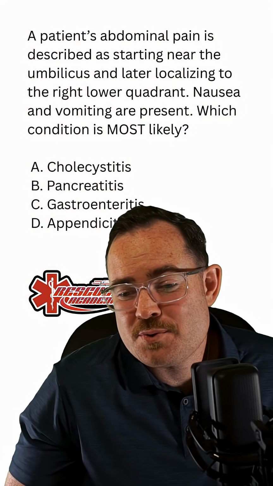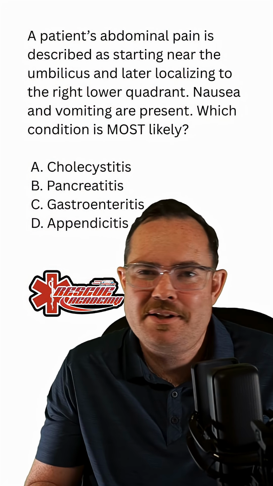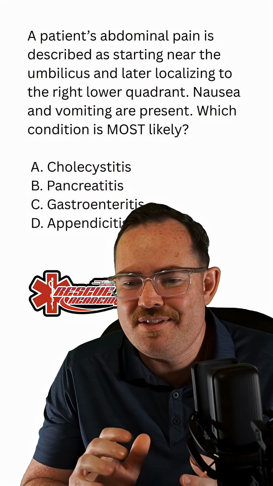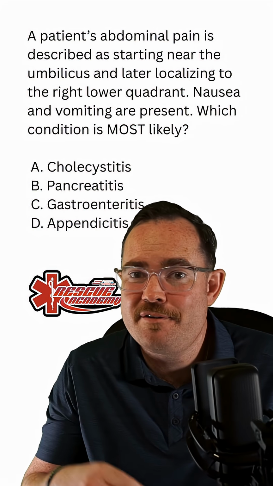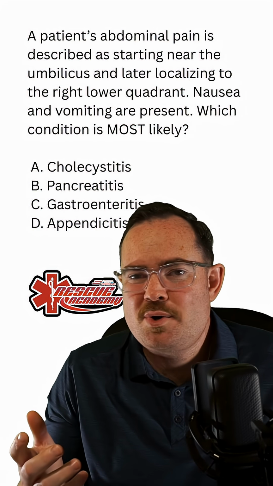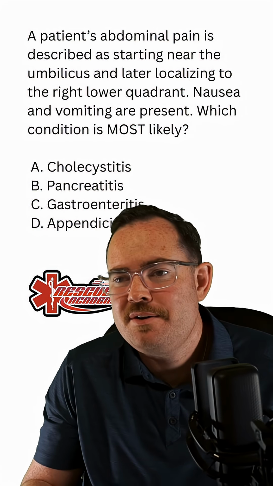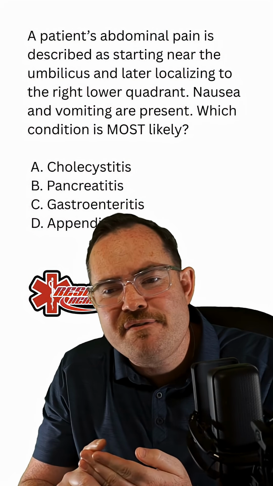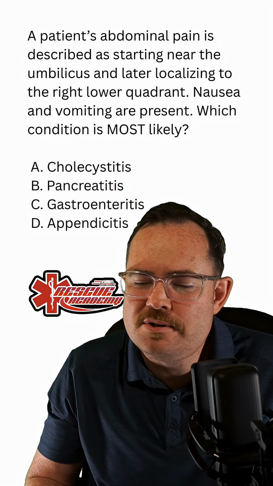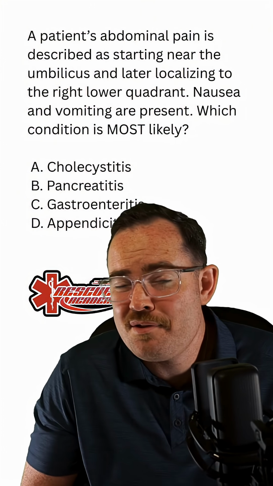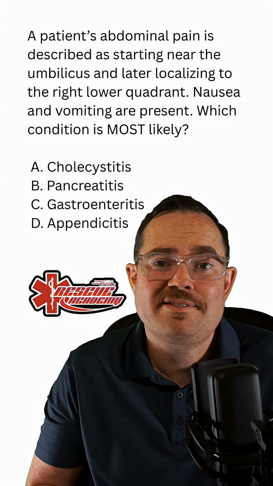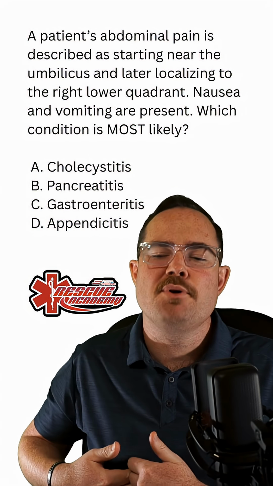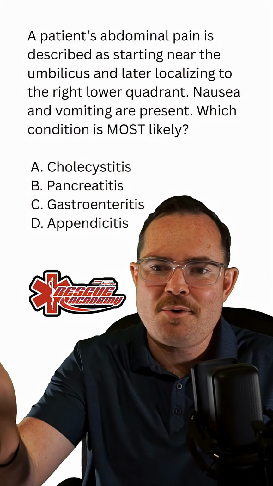Now, A starts with cholecystitis. And typically, when I'm looking for a test question with this emergency, I'm looking for the five F's, right? This test question really doesn't give us anything about the patient. Are they a female? How old are they? Were they eating fatty foods before this pain came about? It says nothing about it. And another thing that I want to remember is with cholecystitis, I have right upper quadrant pain, not right lower